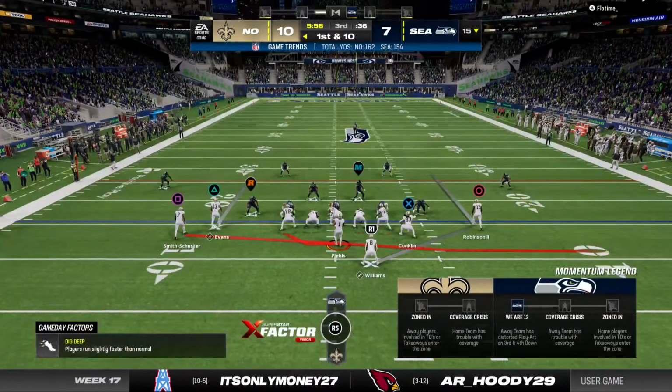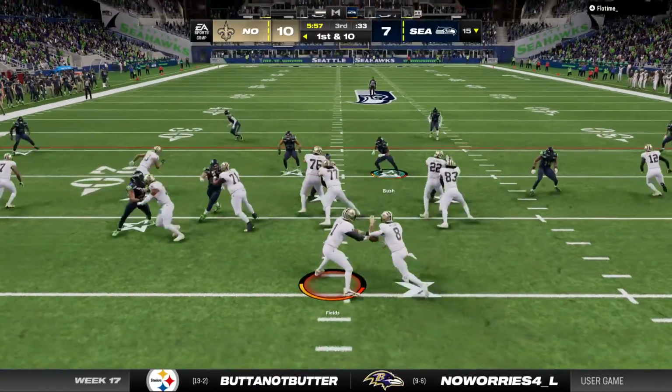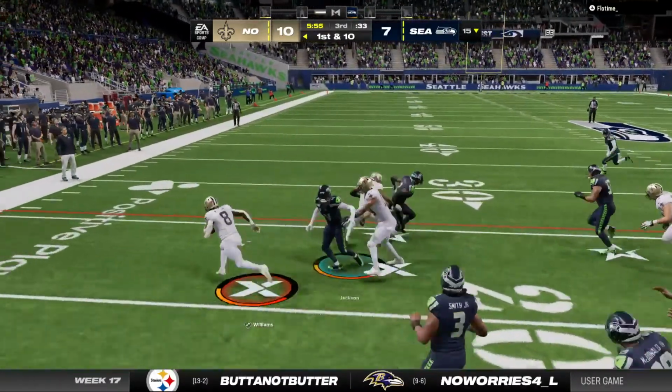The Saints offense on the field, ready to get their drive started. And they've got the lead, CD. What do you expect from them in this second half? Well, I like when they were...